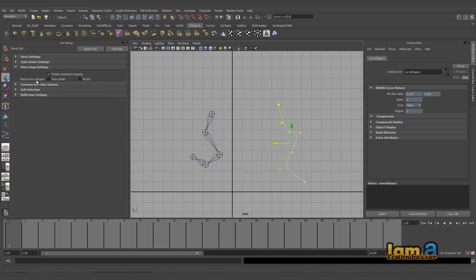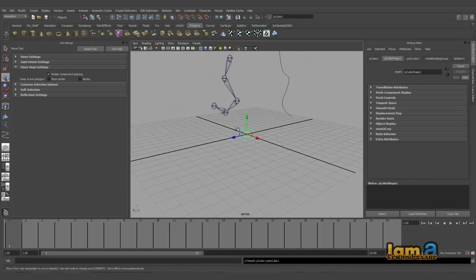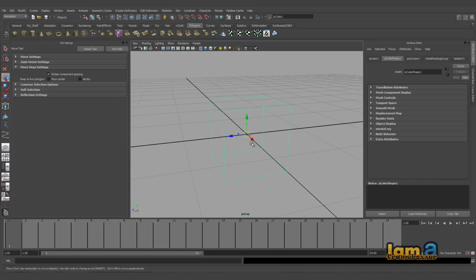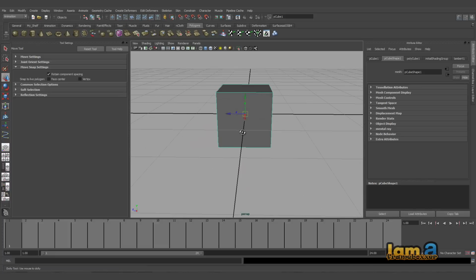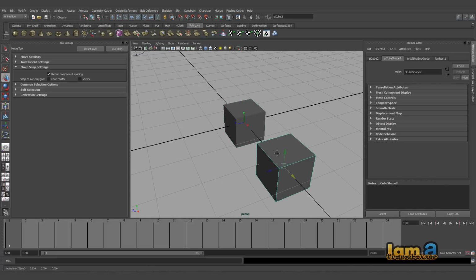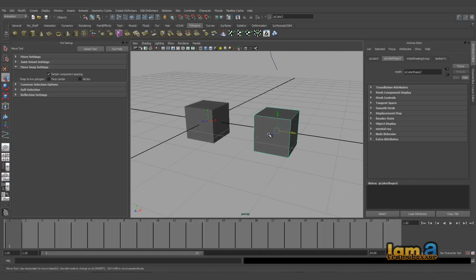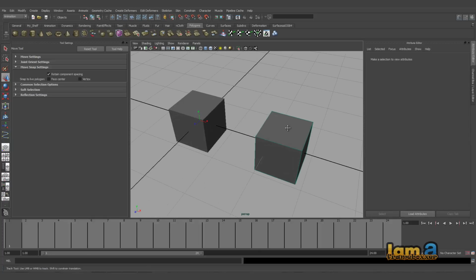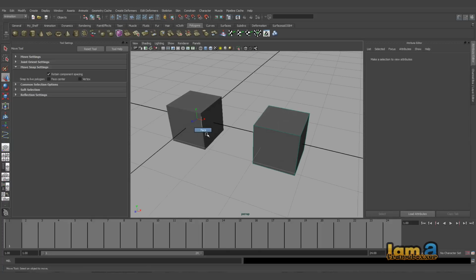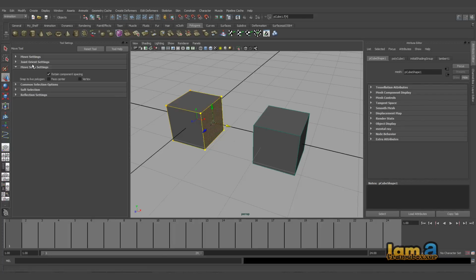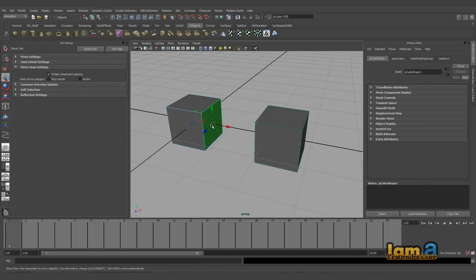And then you have snap live polygon face center vertex. As the name goes, again, this can be easily understood. Let's take up a cube. Okay, you have this here, and let's go and take a copy of this and convert one cube to live. So this cube is live now, and let's choose the face here. Let's double click the move settings, and there are a few settings that need to be reset here. You don't need the soft selection to be on, so let's reset that. So you have the face here turned on.